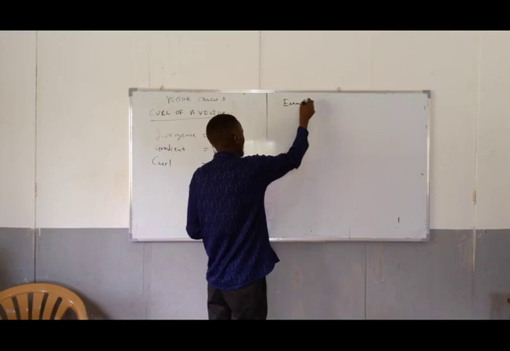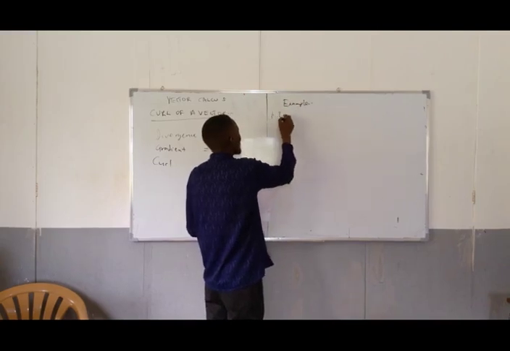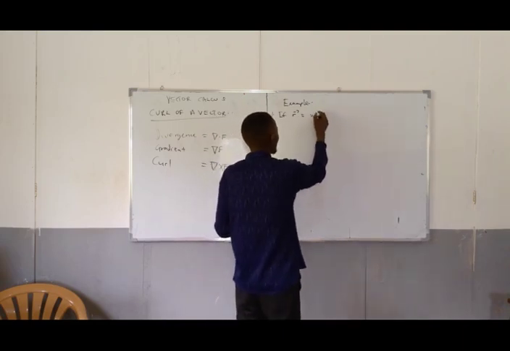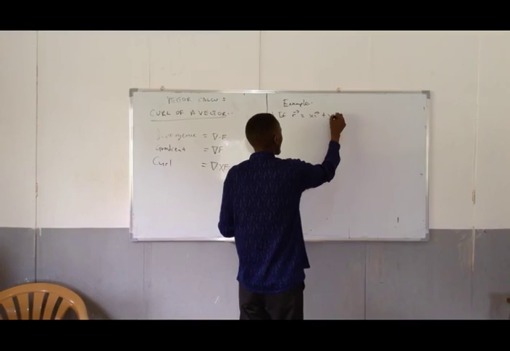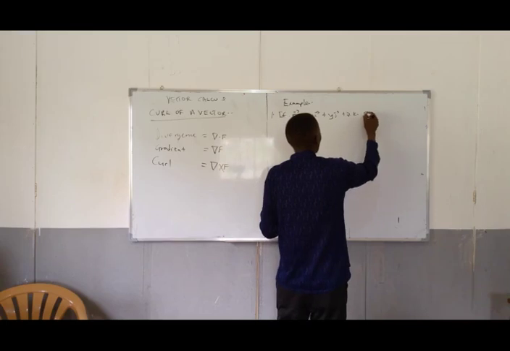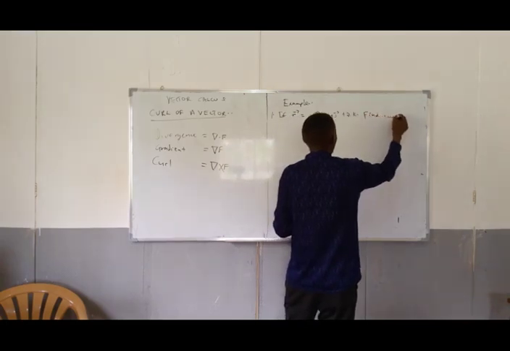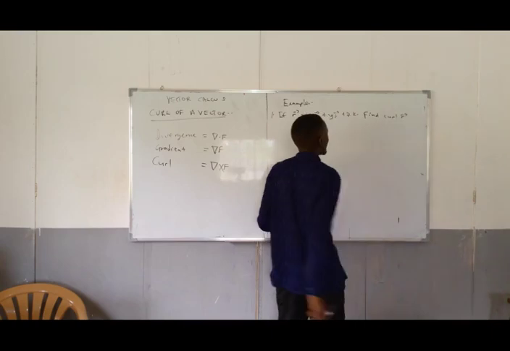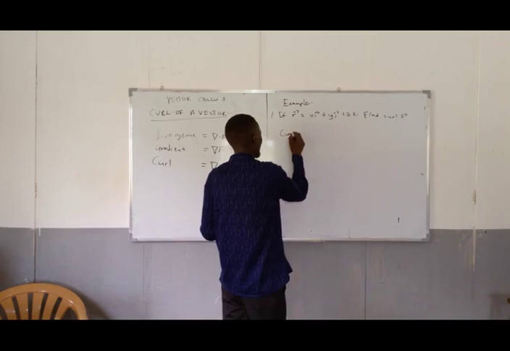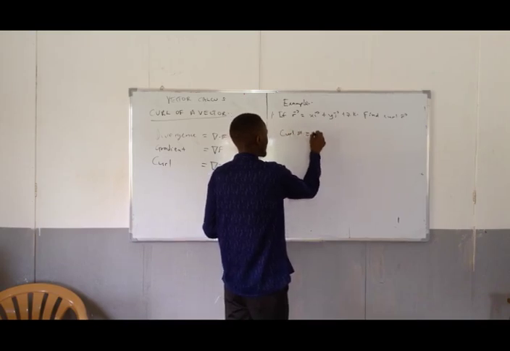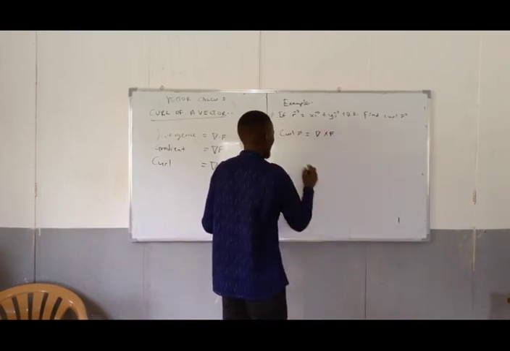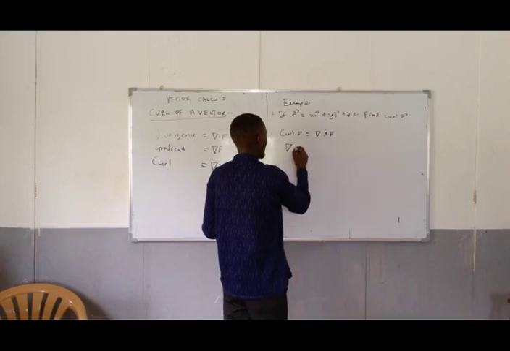Which says, if R equals xi plus yj plus zk, find the curl of the vector R. So you have to know that curl R is the same as del cross F. And we know that del alone equals